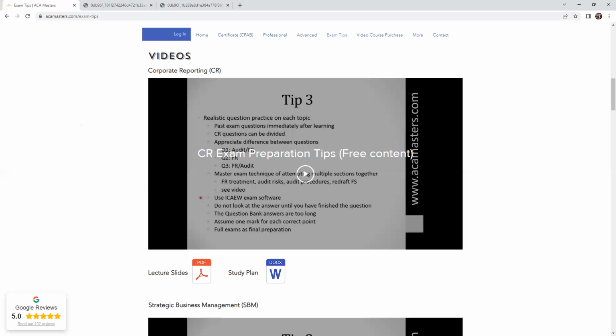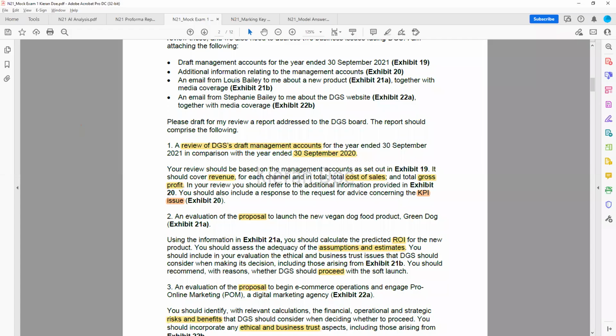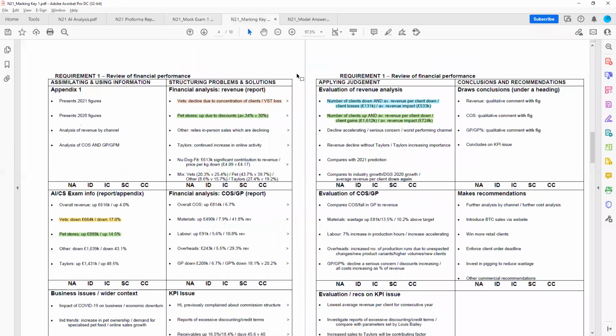That's a good question. Should we concentrate on July mocks rather than November because there are different examiners? Well, if you look at the exams, there isn't much difference between them. There has to be an element of consistency between them, and the marking key is the same every time. It is true that there are different examiners for each. I don't think it makes a material difference, but maybe do the July exam if you prefer